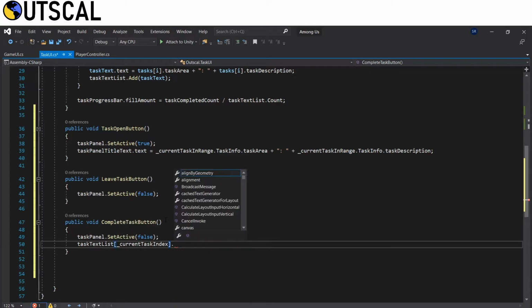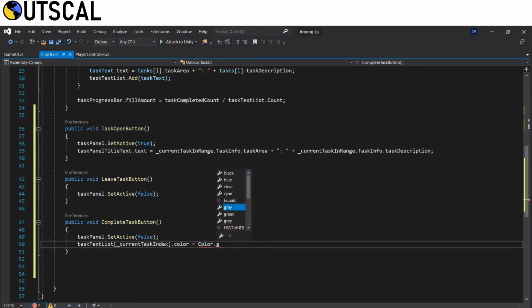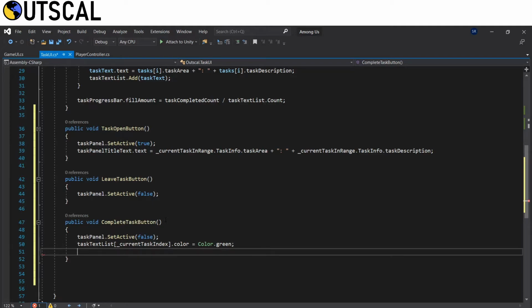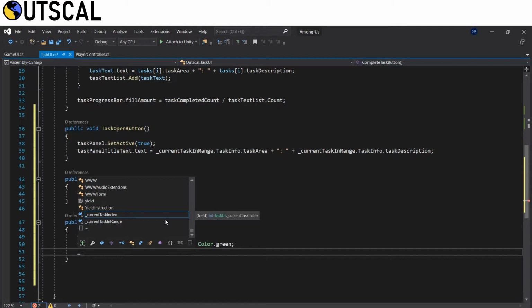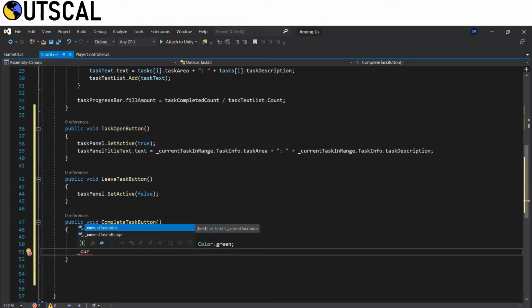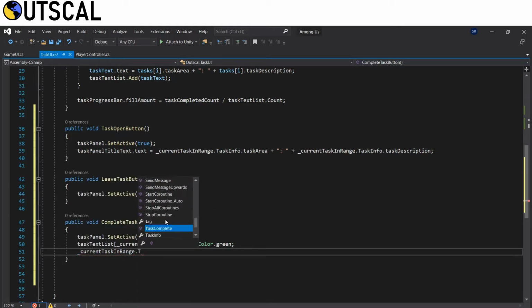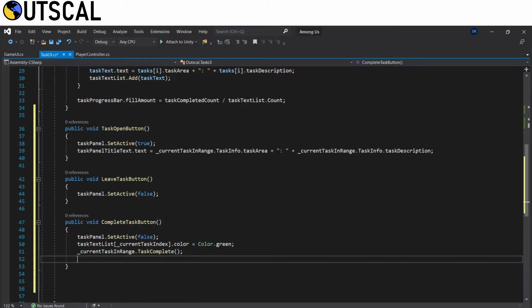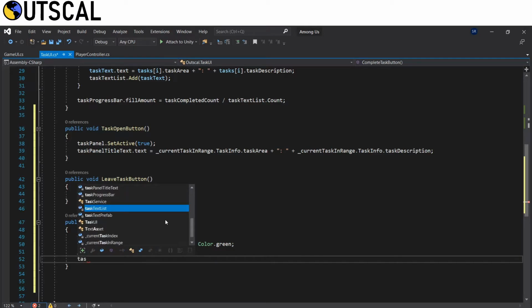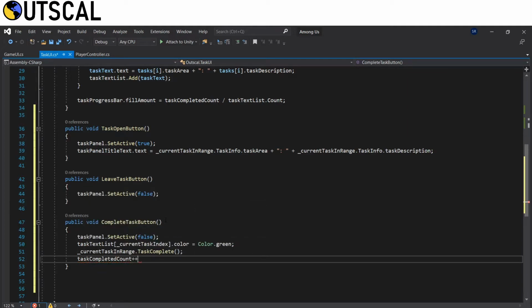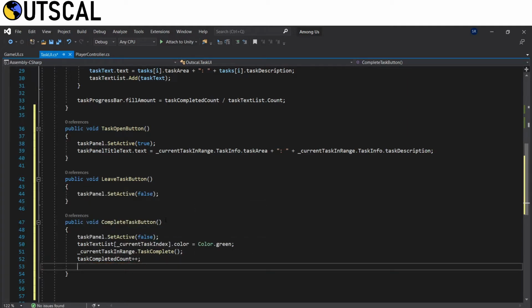Then we get the task text list, and we go to our current task index element, and we access dot color and we set the color to color dot green. Then we call underscore current task in range dot task complete method.